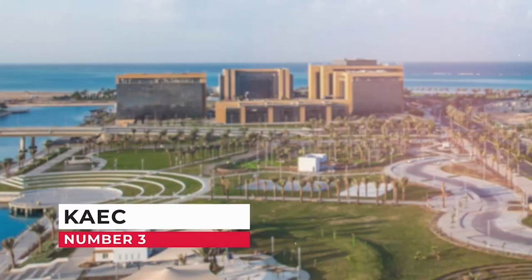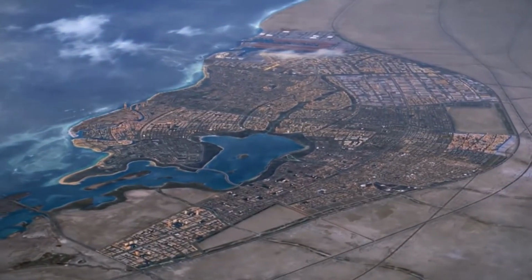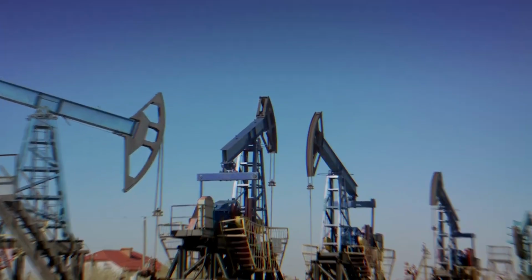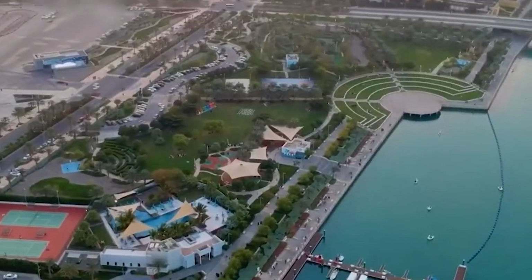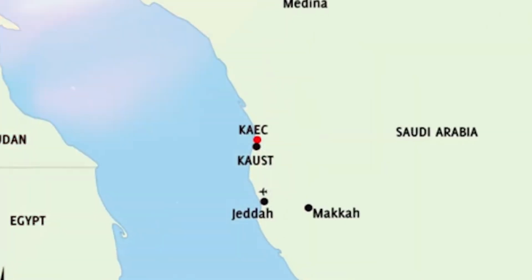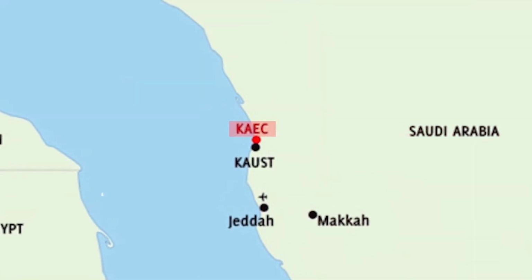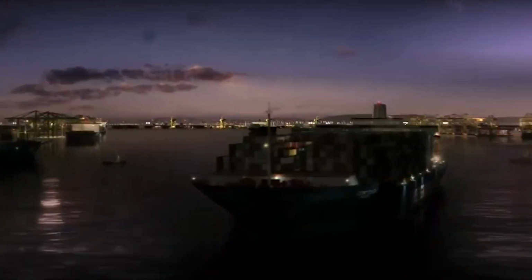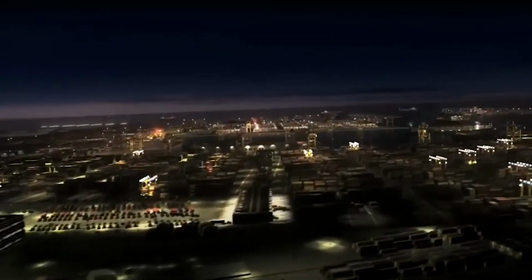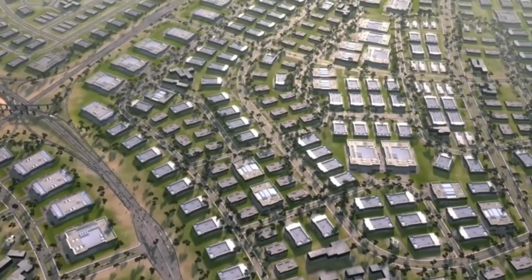Number 3. King Abdullah Economic City. The next project is being built in the Middle East in Saudi Arabia, or rather, it is almost ready. In order to reduce dependence on oil, the country has built significant projects in recent years, and we are still talking about them today. This project is being built north of the country's 2nd largest city, Jeddah, and aims to create a new city with ports, a large economy, factories, housing, real estate, recreation centers and more to boost the